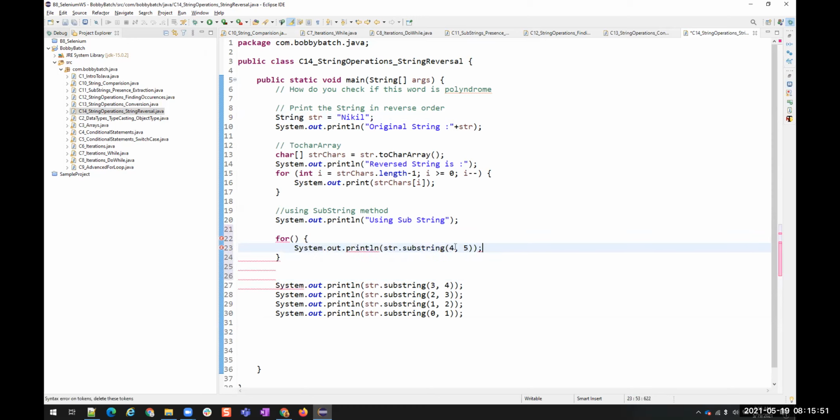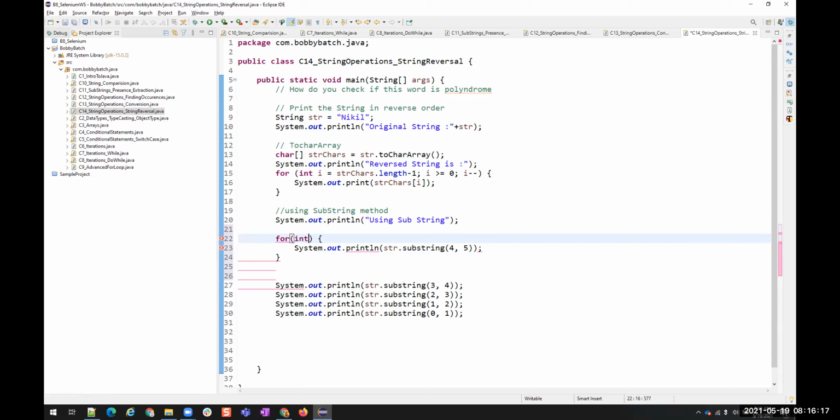What is happening here? This is the length of the string, and this is length minus 1. We can also go with a while loop or for loop. Anything is fine.